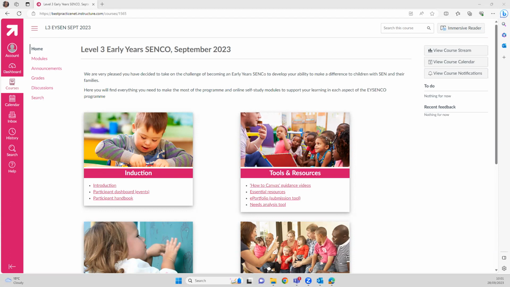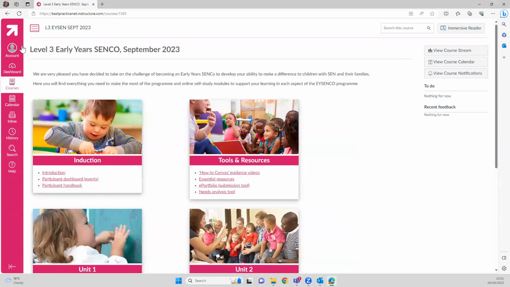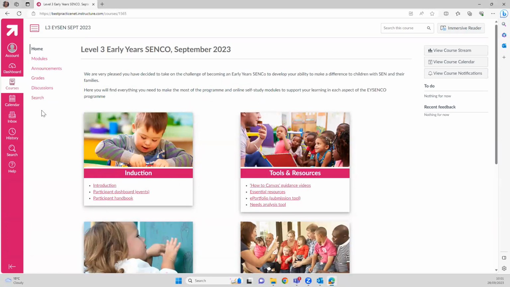The aim of this tutorial is to ensure that you can access and navigate your virtual learning platforms easily with hopefully very little issues. So here is your landing page on Canvas. You may or may not have this drop-down menu here. If not, all you need to do is click those three pink lines and that will give you those options